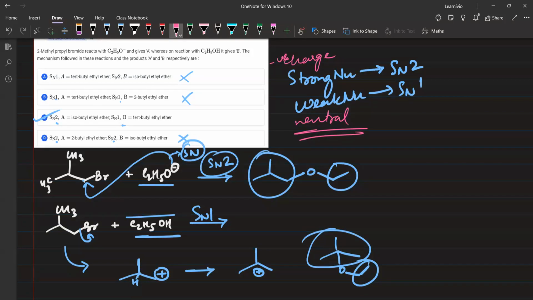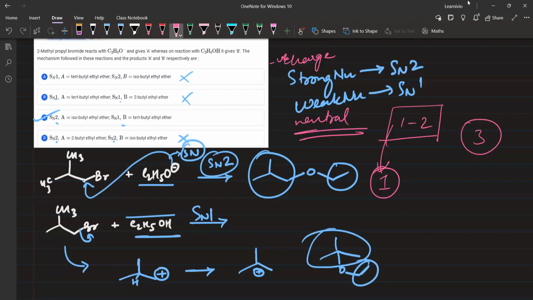Okay. So that's it for today. And just read the NCERT. All of the questions are coming from NCERT, and you can expect approximately 1 to 2 questions. The maximum number of questions asked in the January session is 3 questions from this chapter. The minimum they have asked is 1 question from this chapter. So you can expect approximately 1 or 2 questions in your paper. At least 1 question will be there in your paper from alcohol, phenol, ethers. And looking at the pattern, you have